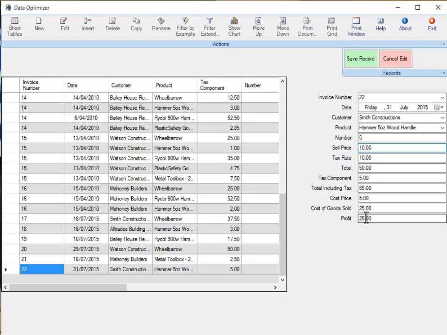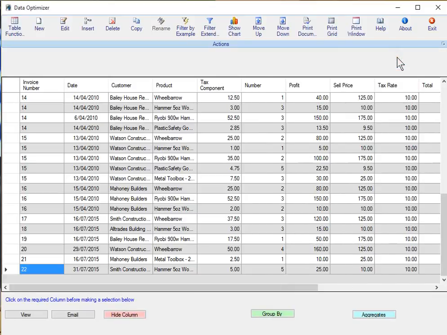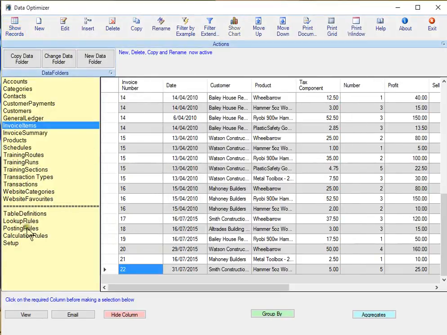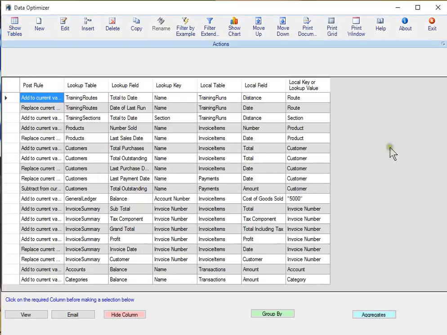So I hope this gives you quite a good idea of the power of the program and what we do with table relationships. Look, I'm not going to save that record because I did get that invoice number a bit mucked up, but I think you can understand what we're doing with calculated fields, lookups, and posting rules. I'll cancel the edit, and I'll just show you some of the other rules that relate probably to the transaction that we just did. If we look at the posting rules for that particular invoice, so we'll look at invoice,